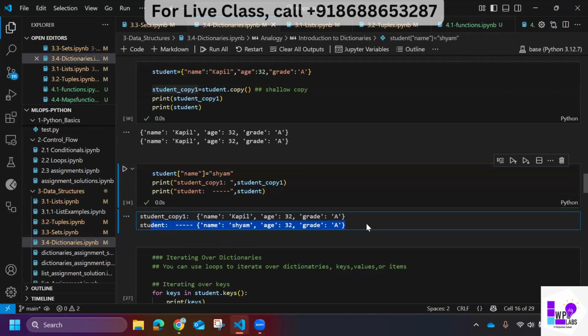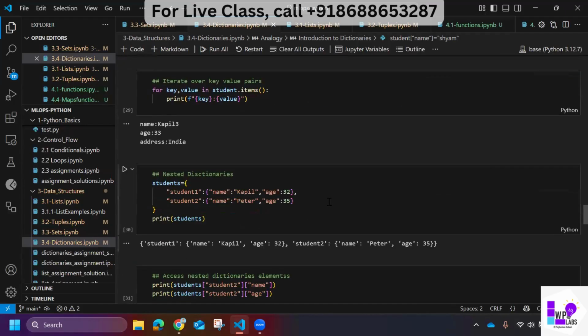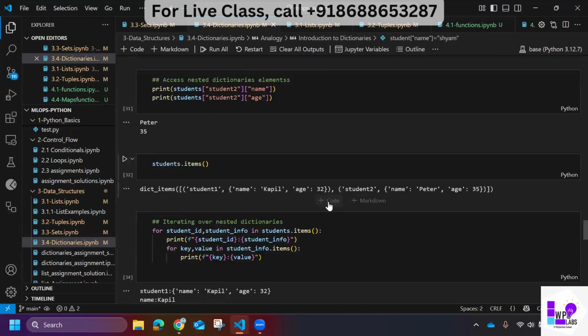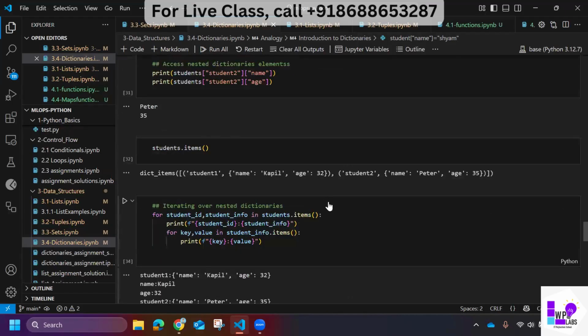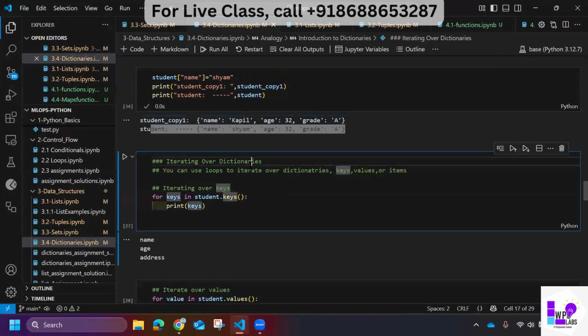Okay. There are ways to do a deep copy as well, but that's not necessary as of now. Let me see if I have an example. Yeah, not required. Okay, so